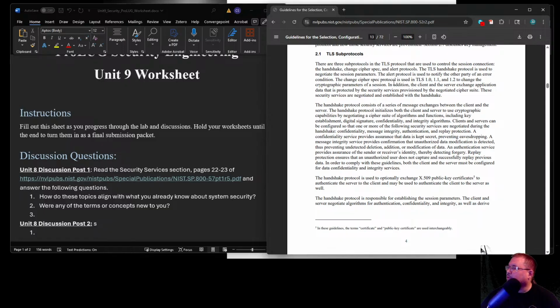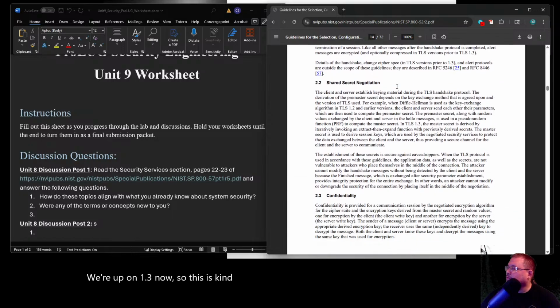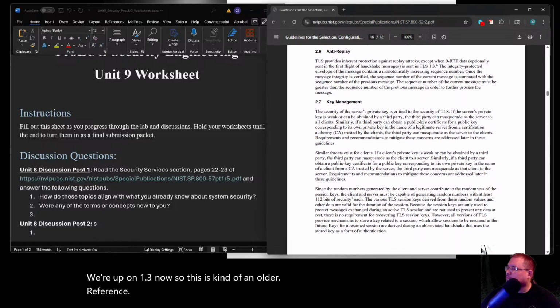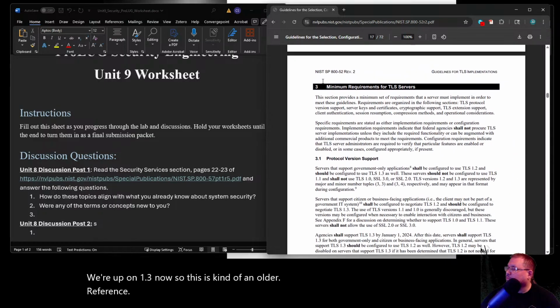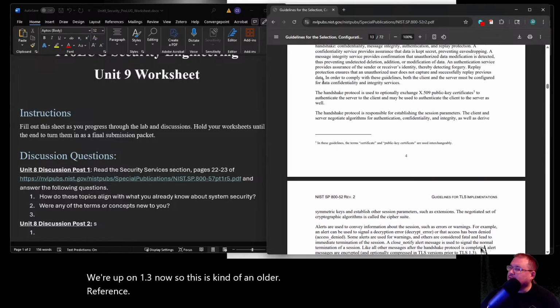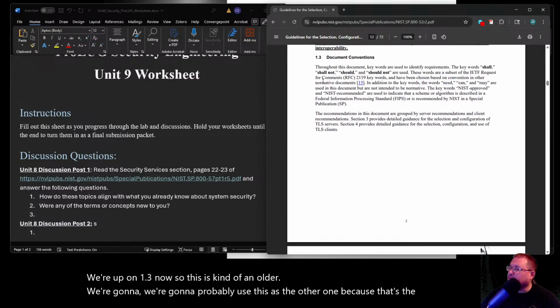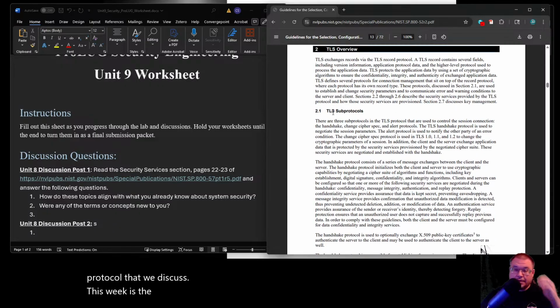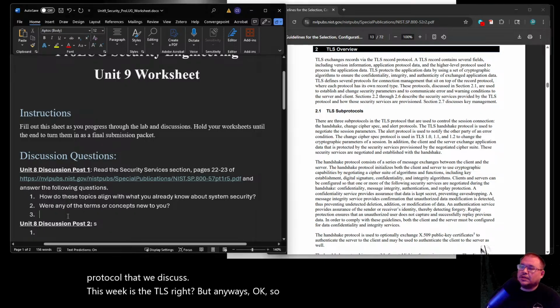We're up on 1.3 now, so this is kind of an older reference. We're gonna probably use this as the other one, because it's the other protocol that we discuss this week, TLS, right? But anyways, okay. So, how are any of these terms or concepts new to you?